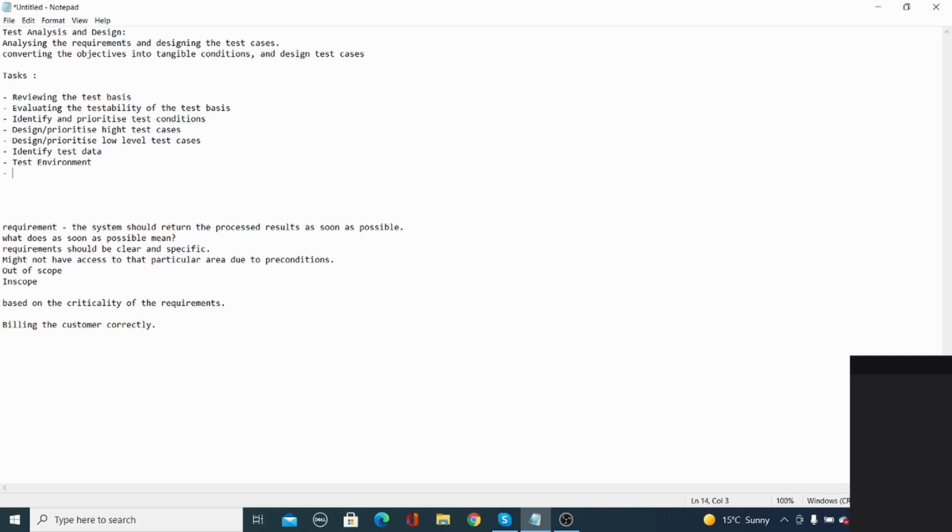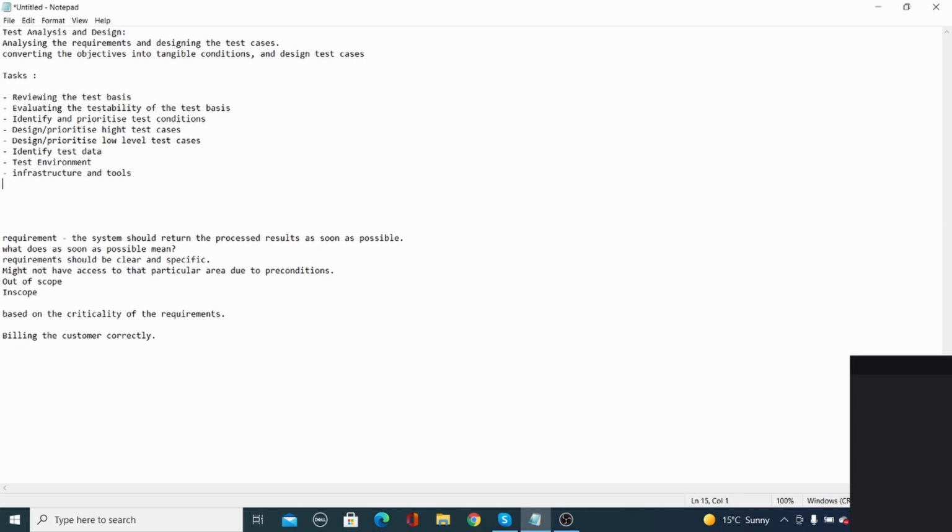Identify any required infrastructure and tools. What infrastructure do you need to carry on your testing, and the tools you require? How are you going to test in the infrastructure way? And what are the tools you are going to use? There is a chapter for tool support.